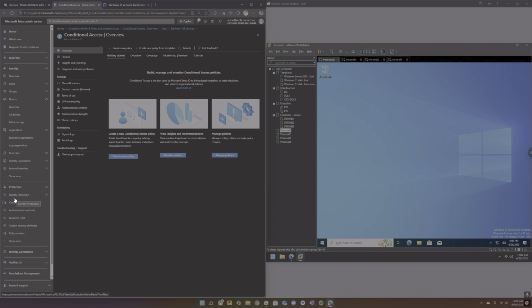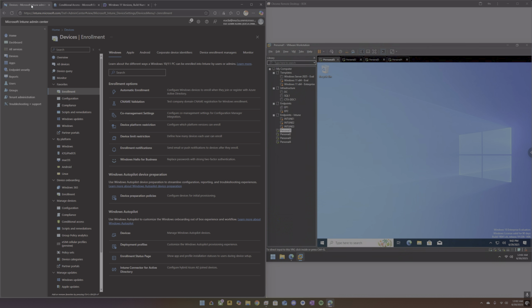You should, but as a modern endpoint manager admin, I may not have access to this. This may be handled by someone else, another team, more than likely. So I'm going to protect myself with what I can within Intune. That's why we're going to look at enrollment